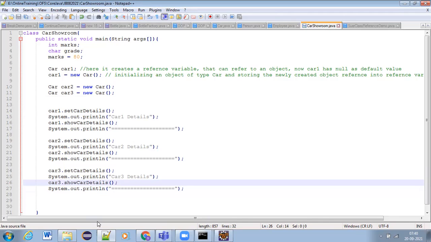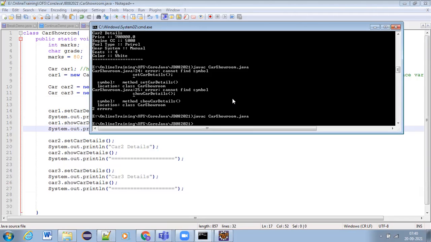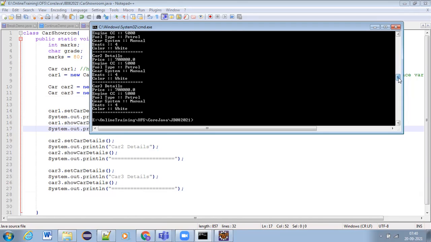Now it will set the values and it will work. See, for all the cars, it has set the values, right? So in this way, we can set it.